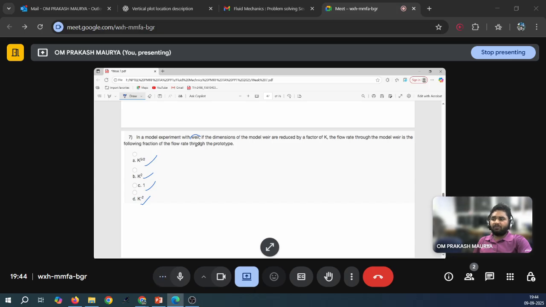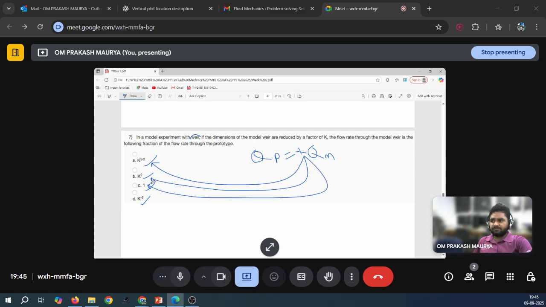Meaning here, it is talking about the flow rate, that is Q. You have the Q of the prototype is equal to x times Q of the model. So whether this x value is this much or this much, when the condition is given,